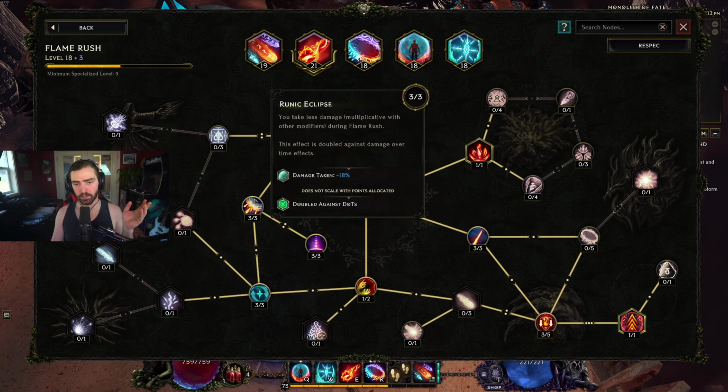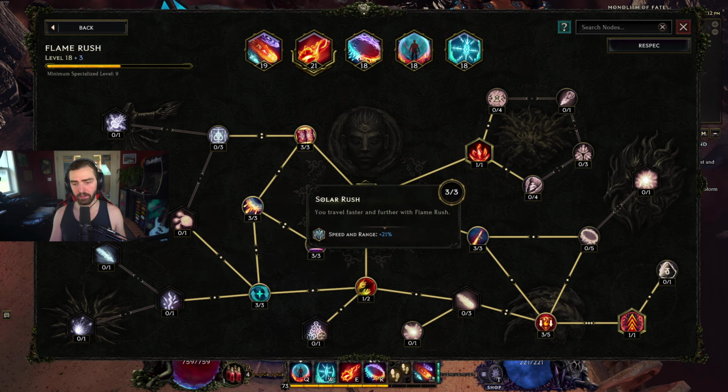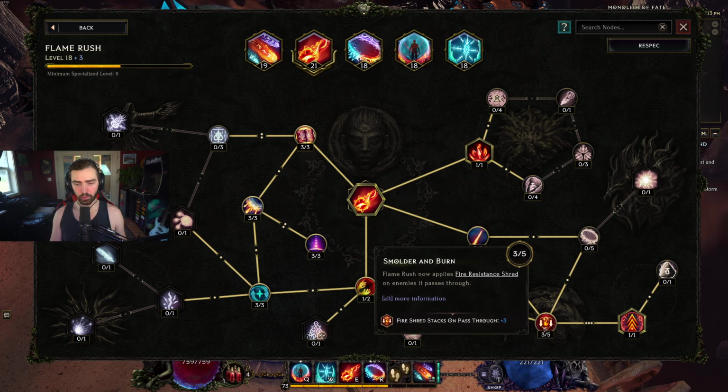Frenzy is a 20% increased attack and cast speed. It's worth taking. Its duration on exit is 1 second. I'm gonna put a second point in this, and then travel faster and further. Again, utility. This shreds fire resistance. That is utility as well, but also damage, so you're going to want to be applying this as often as